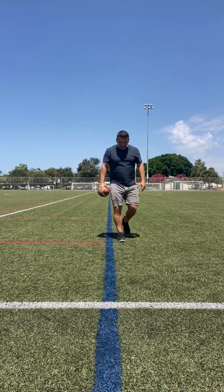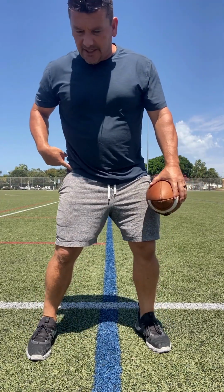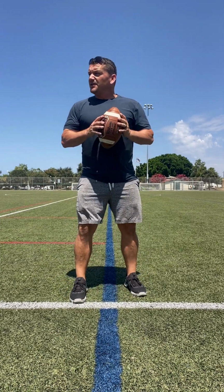So when he plants that last foot in the ground, you want the weight on the inside part of that foot. You want that foot to just be underneath the hip so that you can push and throw. That's a 1, 2, 3-step progression. That's a drill to do at home and to master at home. Make sure that there's a good pre-snap scan. Make sure that the quarterback's tall in the saddle when they go from under center, nice and tall when they go from gun, having a diamond position in their